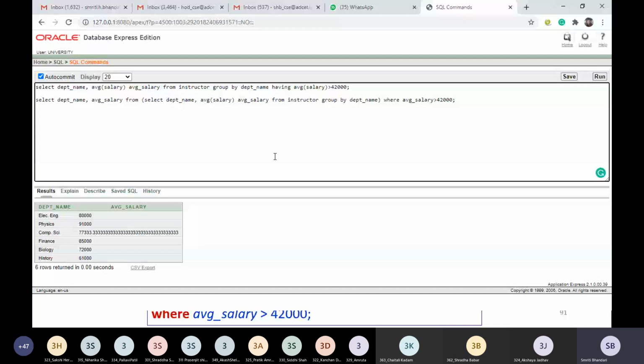So I hope you have understood this derived relation, and believe me, it is really very helpful while writing very complicated queries.